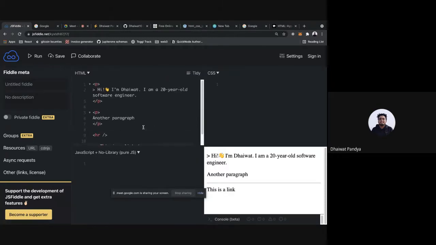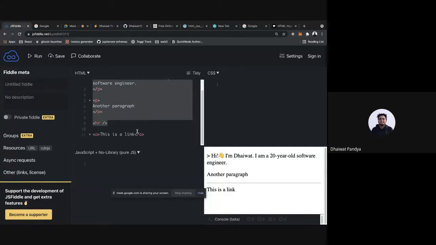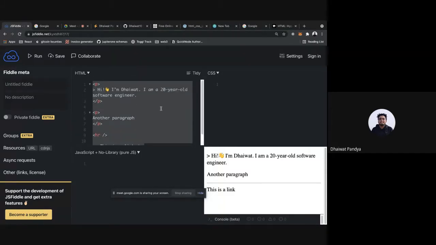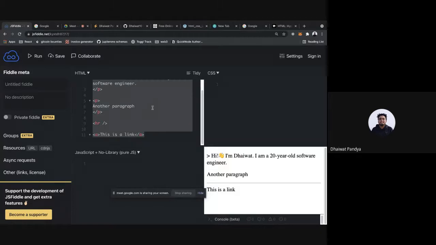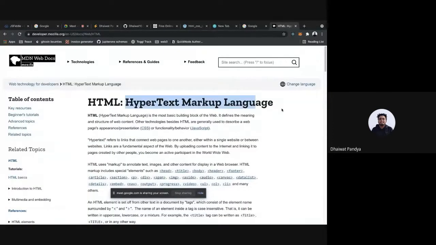You see, none of this has any logic attached to it. Everything is just like you are telling the browser, this is what I want to see, and that's it. Okay, you cannot do if statements, you cannot do for loops, no logic. So that's why it's not a programming language, it's just a markup language.